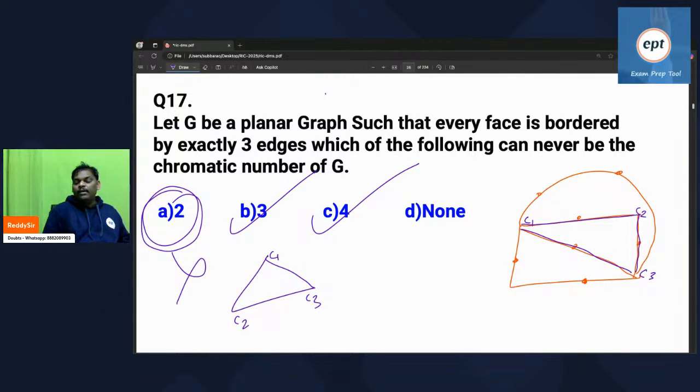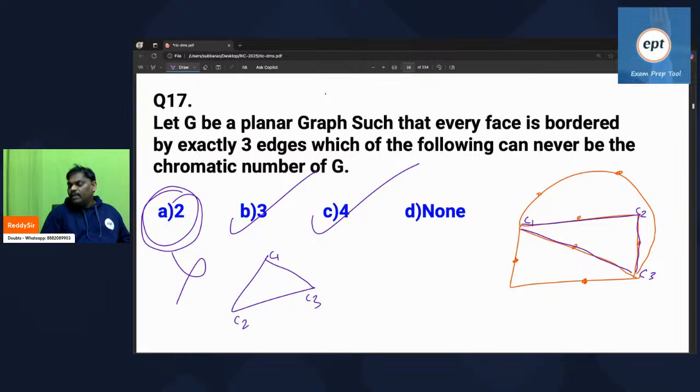Let G be a planar graph such that every face is bordered by exactly 3 edges. Which one of the following can never be the chromatic number of G? So 3 possible, right? Depending upon graph may increase further also. Minimum 3 confirm, because we mentioned every region bordered by exactly 3 edges. It depends upon the graph further, because I don't know how many vertices or edges there are, but one thing confirm, every region having triangle,